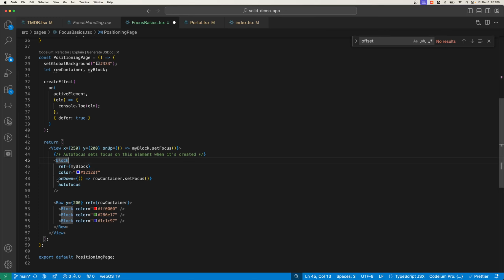Now I have an on down listener. If I press the down key, it will execute this function. I'm going to press down, and it's going to call this function, and it's going to take the reference that I have to this row. I created a reference to this row, and it's going to call set focus on that. So when I press down, set focus is going to be called. It's going to set focus on this row,